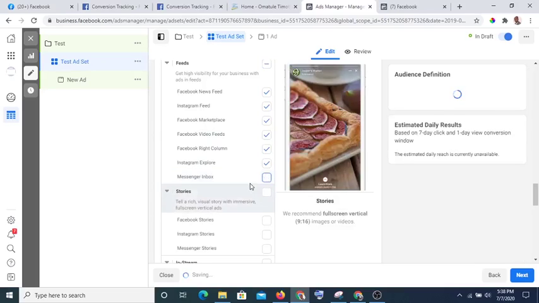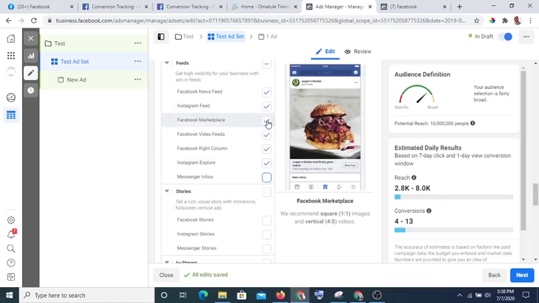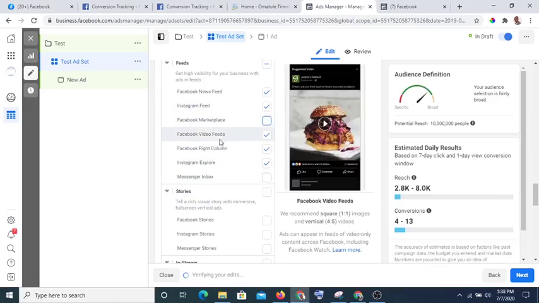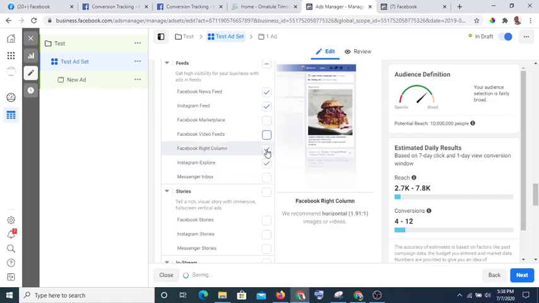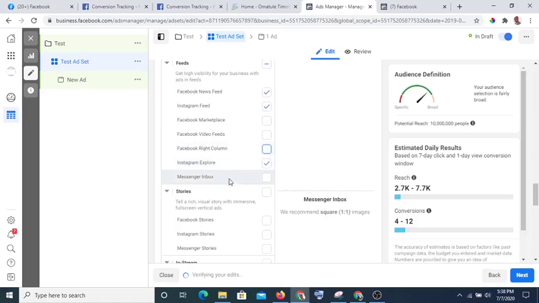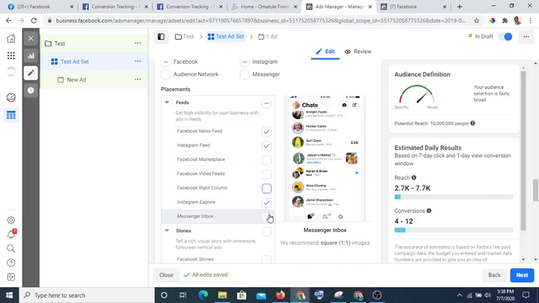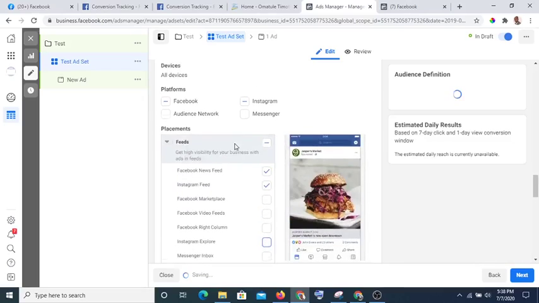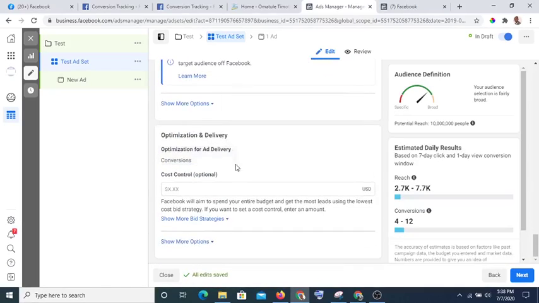I'll turn this off. Instagram feed, Facebook marketplace, I'll turn this off. Video, I'll turn this off. If I'm not using video, I'll turn this off as well. I think this one is okay. Explore, I'll turn this off. I'm okay with this too. All right. Once you are done, you hit next,